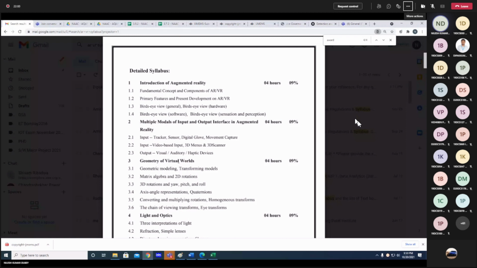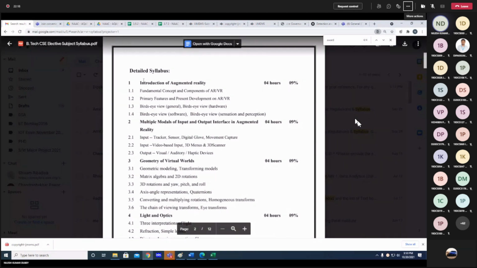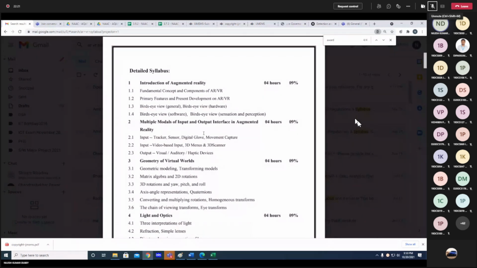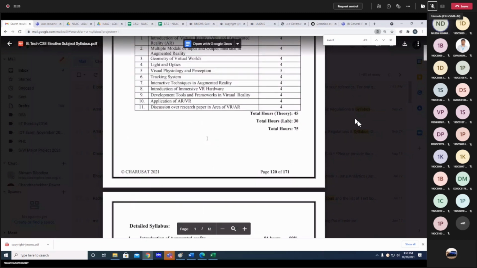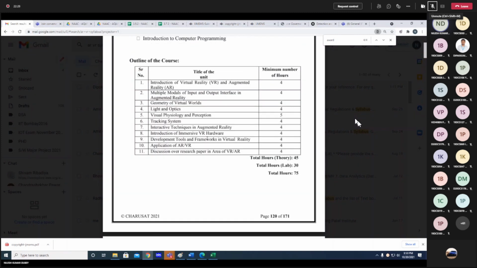But those who only want to clear the exam, this is not the subject for them, because it is being introduced for the first time. You will not get any experience from past students, or any past university paper. Whatever you learn, all of this learning will be new here. If anyone wants to ask anything, or suggest anything for the syllabus, all of that is welcome, because right now we are doing this for the first time, so if you have any suggestion, we are ready to take it. And if you have any doubt or want to say something, please do. And I hope you have the syllabus, so you can also go through it.